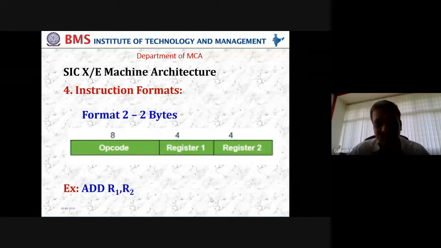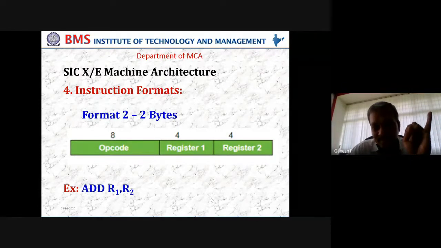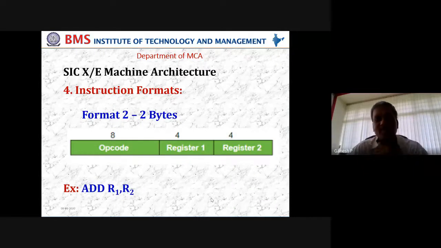And F for the floating point register, I can use. So there are only 5 registers out of 9 which you and me can use in the instruction format 2. That means accumulator I can use, base register I can use, S and T general purpose registers I can use, and the last, floating point register, I can use. Those 5 registers I can make use of in this format 2.